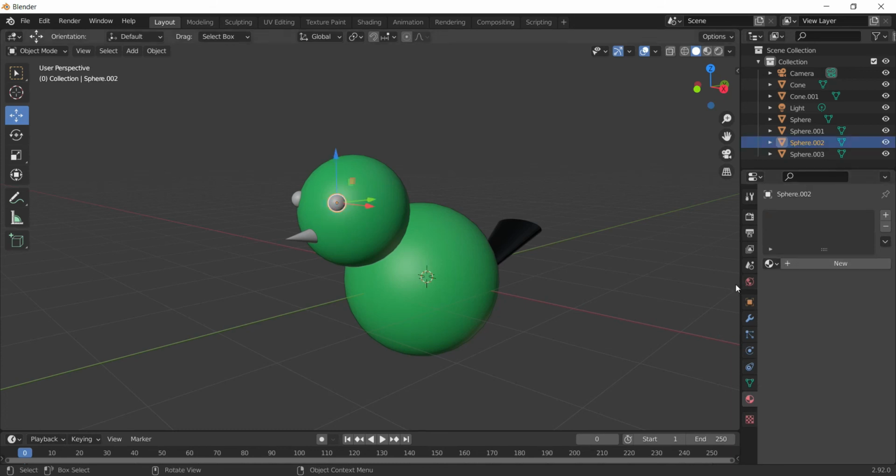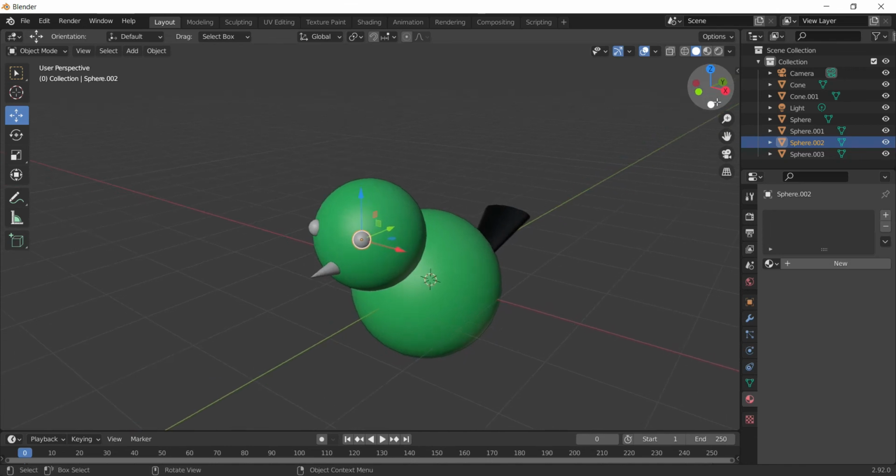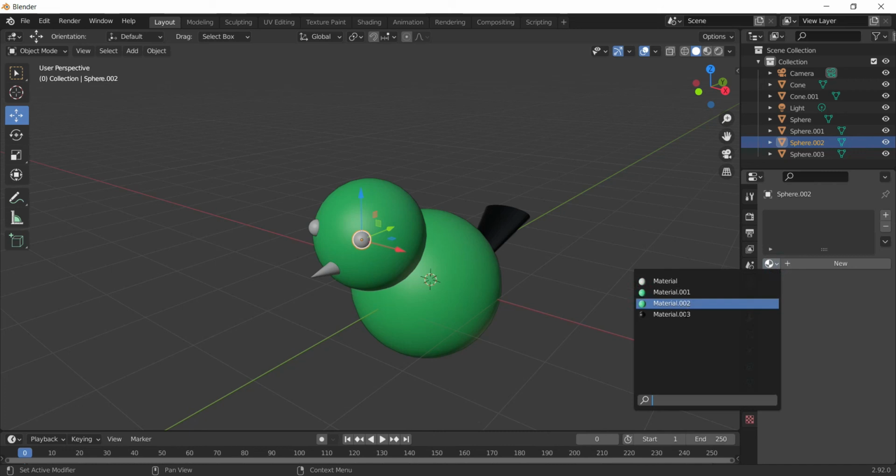If at any point you want to apply an existing material to a new object, instead of clicking on new, you can come to this option, and from here you can choose the materials which you have already created. Let's say I want to give the black color to the eyes, so I can do so from here.